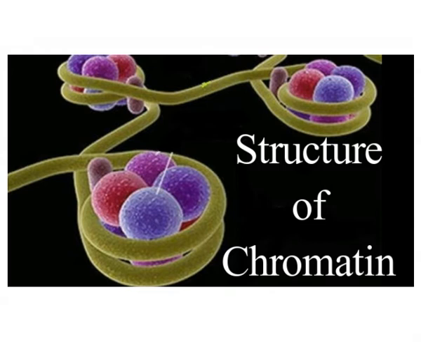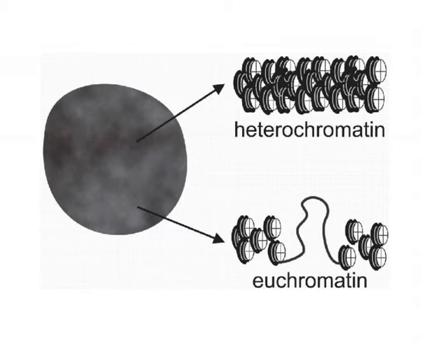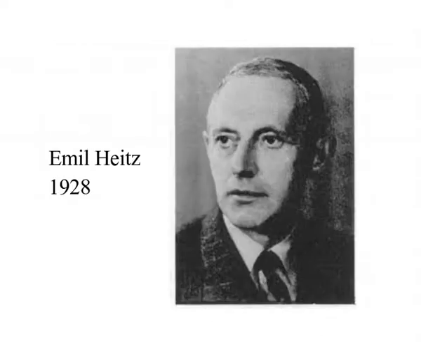As we have seen in the last video, the chromatin is a deoxyribonucleoprotein complex consisting of about 200 base pair DNA that makes around 1/3 or 1.65 turns around the octamer of histone. The chromatin is not a uniform structure but can be divided into two types on the basis of their staining properties, as euchromatin and the heterochromatin. The terms euchromatin and heterochromatin were coined by Emil His in 1928.